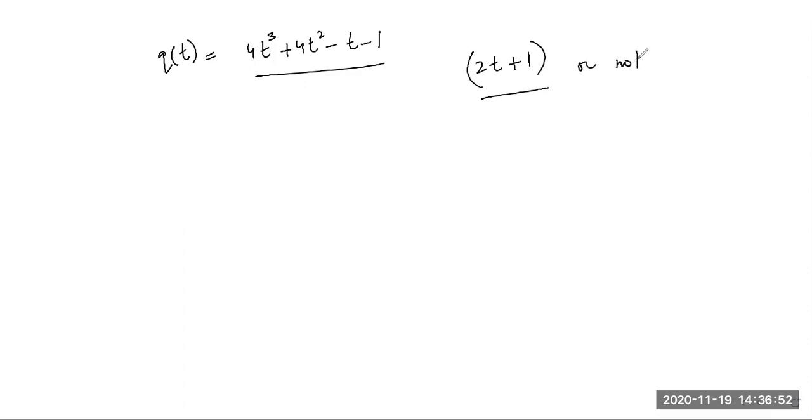Students, see, what's the difference between factor and multiple? See, 5, 1, 10, 2 are all factors of 10, and 10 is a multiple of 1, 5, 10, 2. So, can anyone tell me how you can do this? This is a polynomial. We want to check whether it's a multiple of 2t plus 1 or not. Let us discuss for 1 minute.